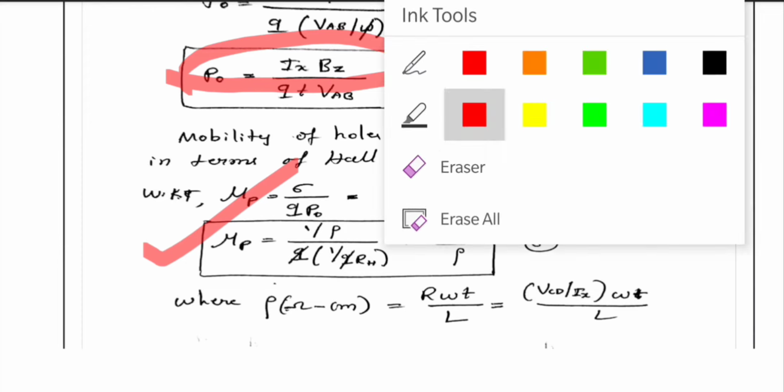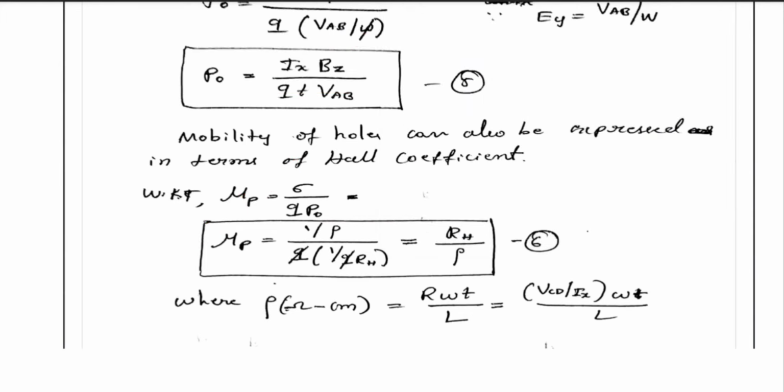In the case of n-type material, the Q will be replaced with minus Q and the Hall voltage and Hall coefficient will be negative. Here for p-type it is positive, for n-type it will be negative. That is the only thing. So the same methodology can be used for identifying whether a material is n-type or p-type. If the Hall voltage is positive, then it is a p-type material. If the Hall voltage is negative, then it is an n-type material. So in a similar way we can explain for n-type also.